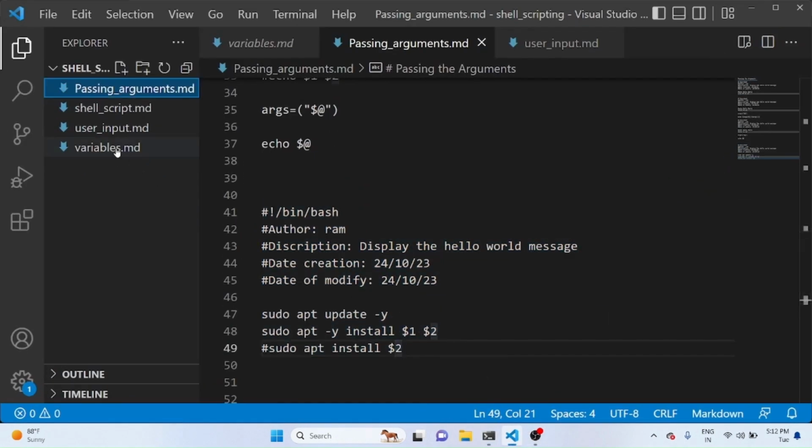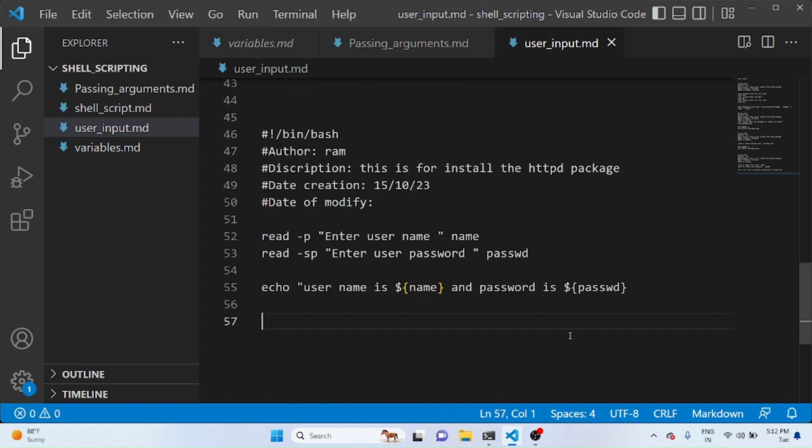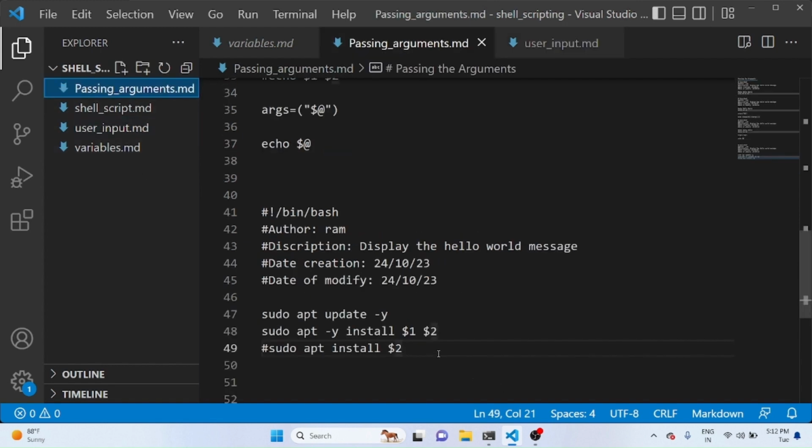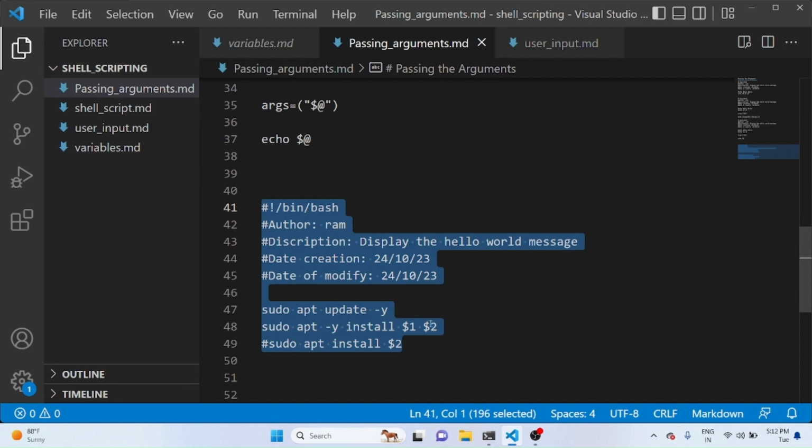In yesterday's session, we learned how to get values, like the user name and password, or the values name and age. So in that way, how to use arguments to pass the values, we will understand that scenario also. Okay, first copy it,